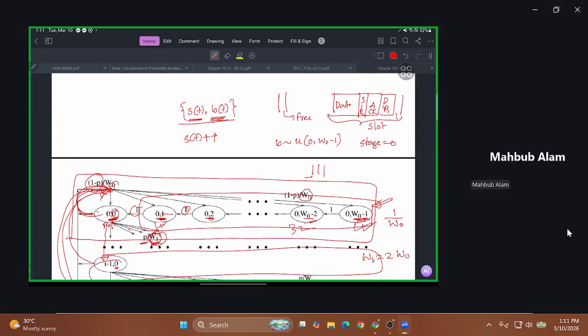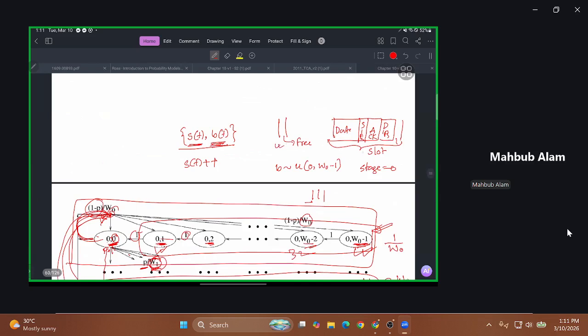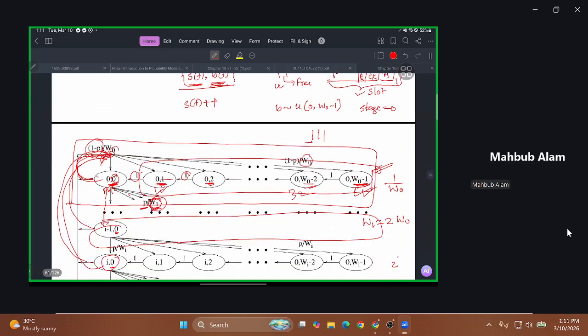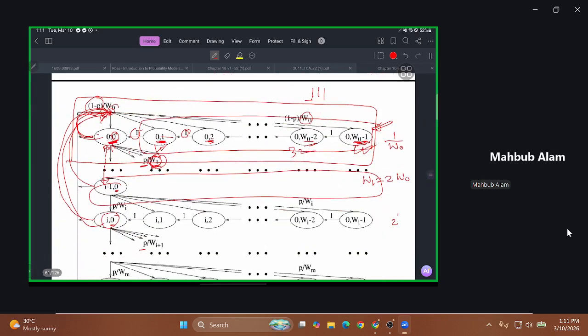A slot can be this one or this one: a transmission by another station, a collision by another station, or a free slot. So with probability 1, and very intelligently, it is mentioned here in a single line,